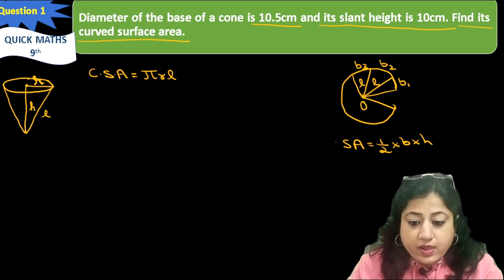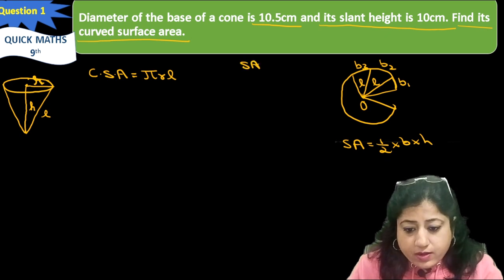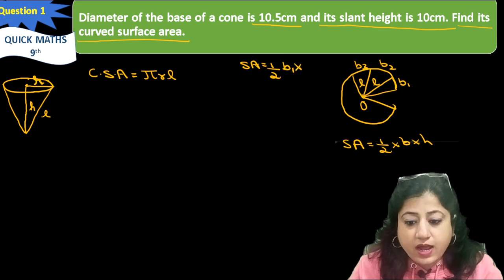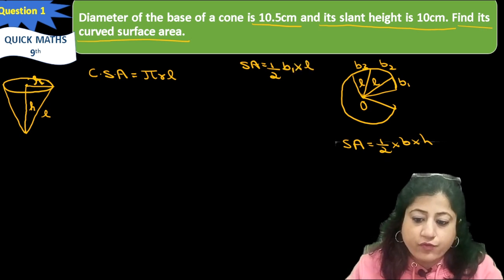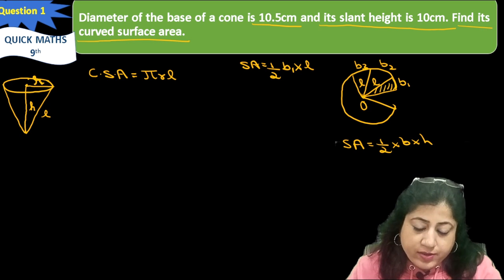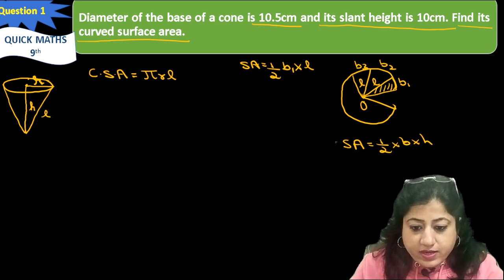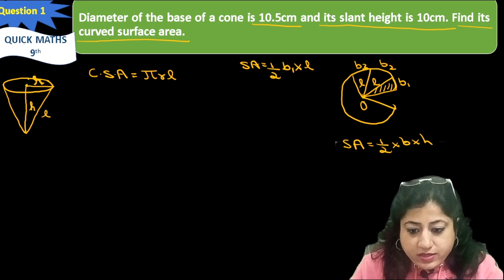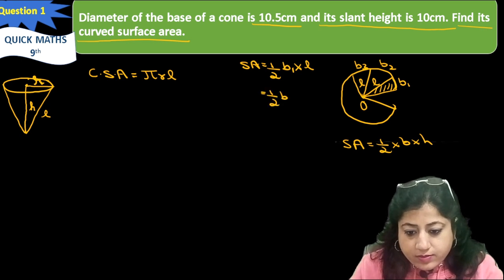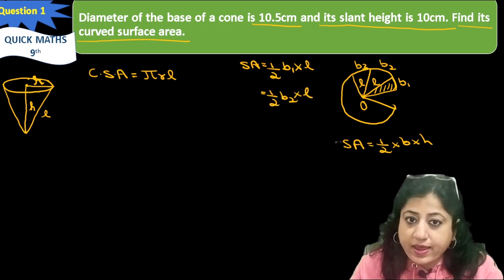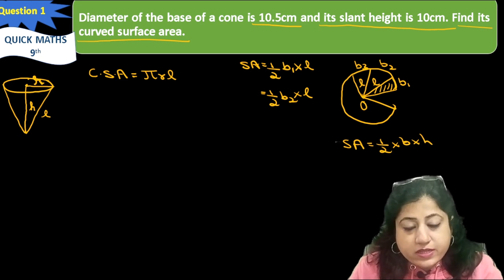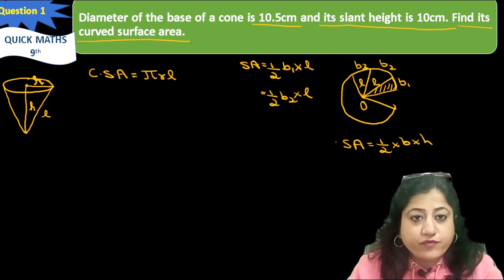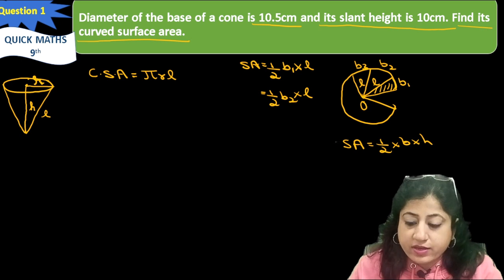So here, what is the base? Base is B1 and what is the height? Height is L. For the first triangle, the base is B1 and height is L. Similarly, for the second triangle, the base is B2 but the height is the same, L. So for the complete circle, if we add the surface area of all the triangles, it will be the surface